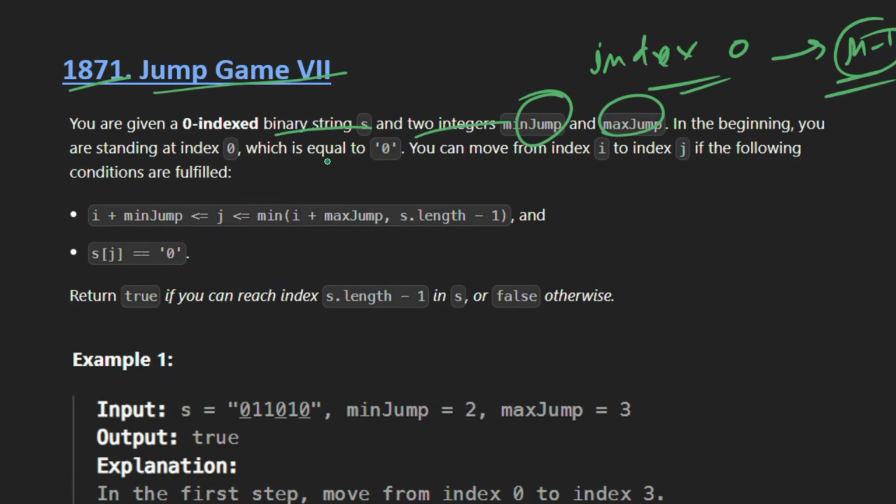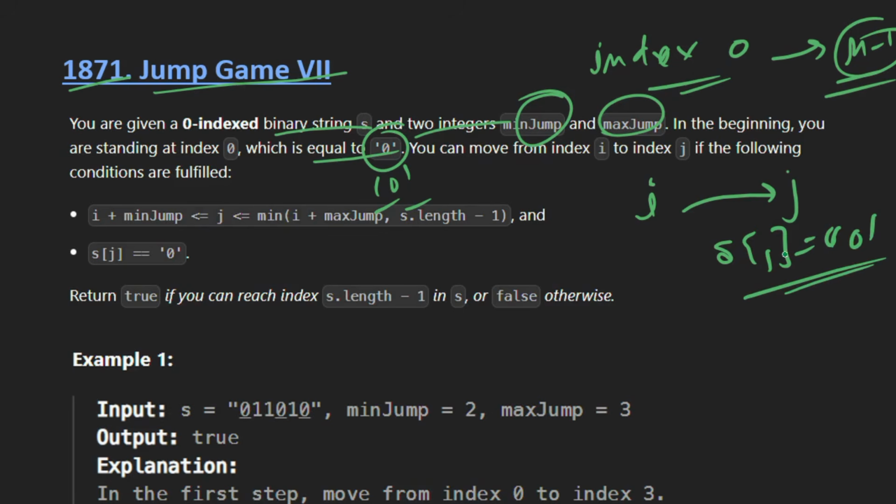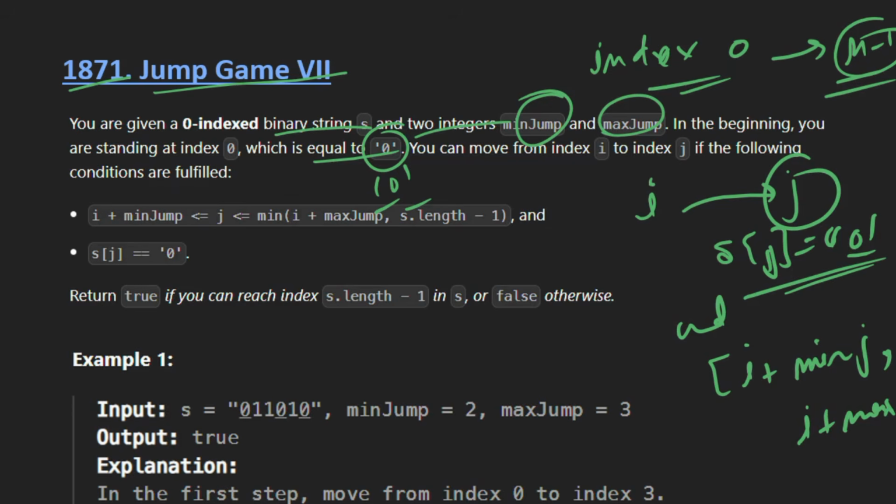At index number 0 we have the character 0, and we can jump from any index i to j if s[j] is equal to 0, and this index j lies in the range i plus minJump to i plus maxJump, right?